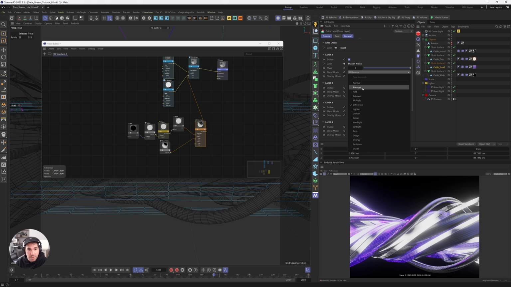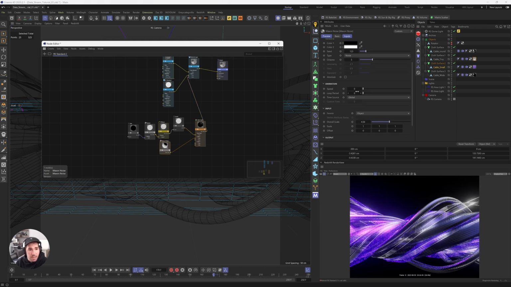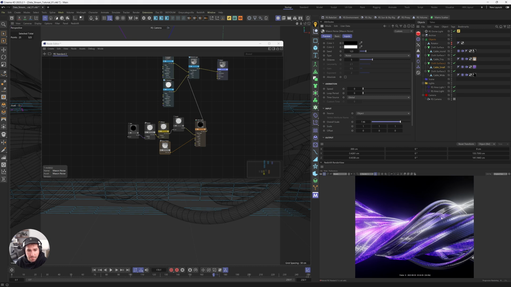So I have average, add, subtract, and with subtract I can really change things by changing the scale. I make it larger, and I can create pieces where we can see it here, and then we can not see it. Then we can see it here again. We can create different levels of